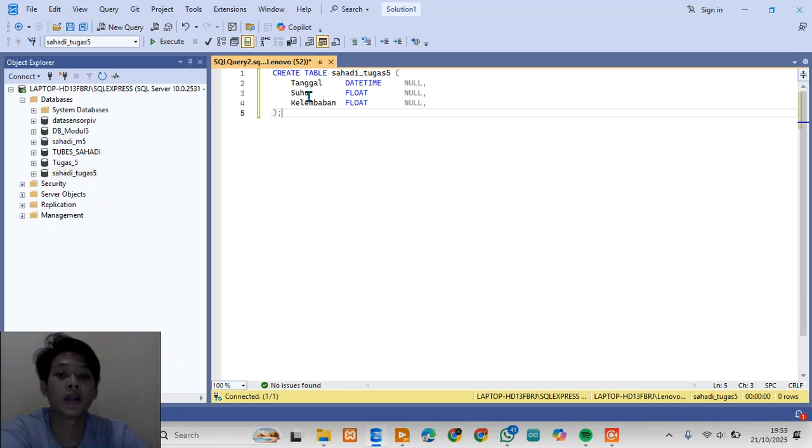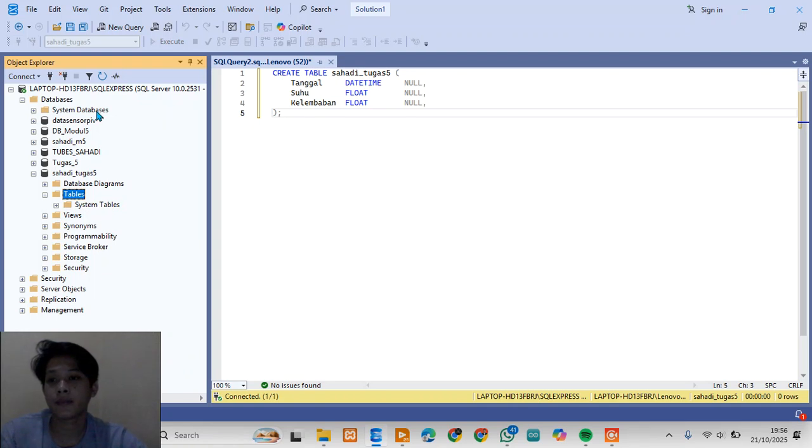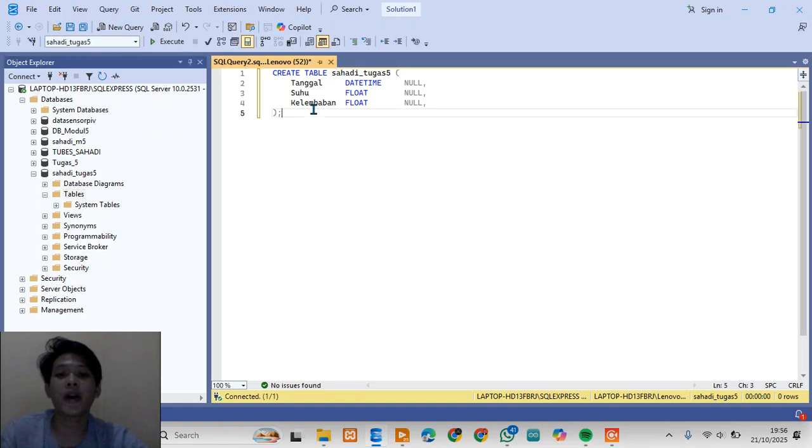the humidity value. I click on Sadi Tugas 5, and click the table in a new query.